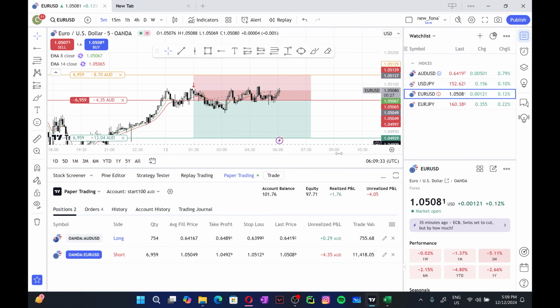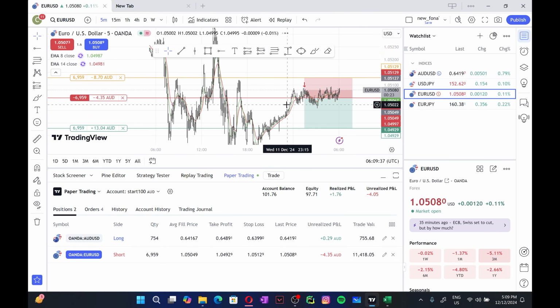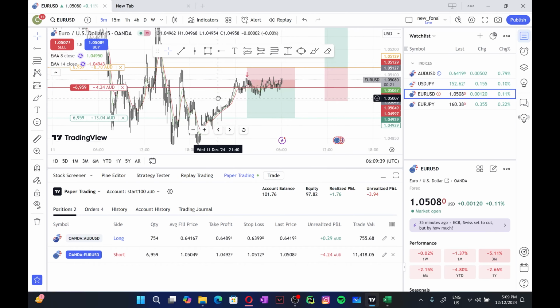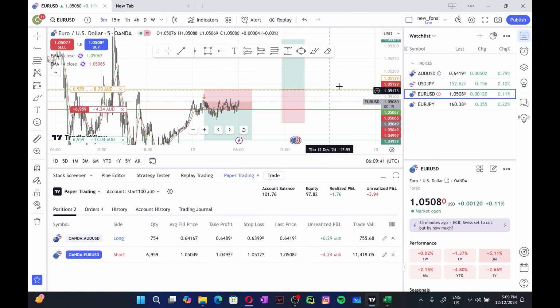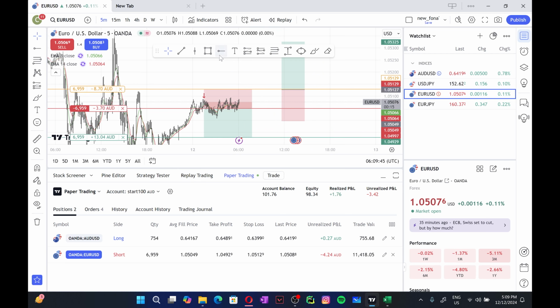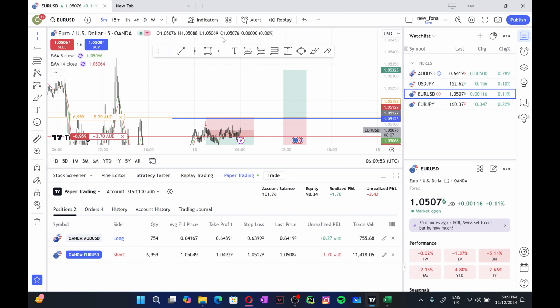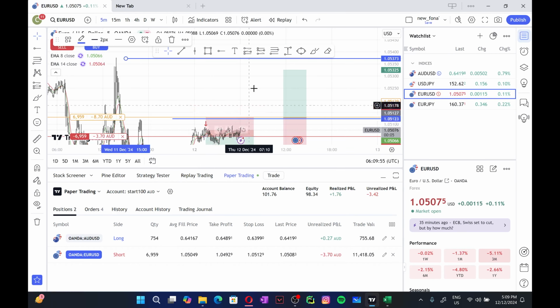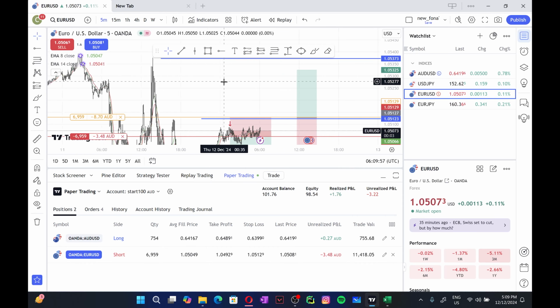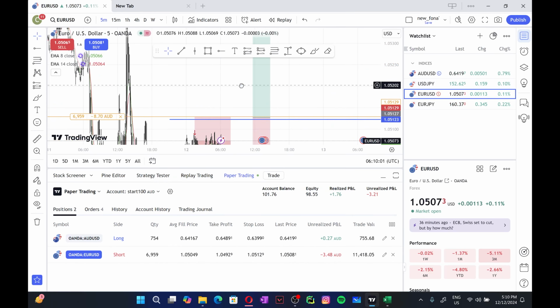Now, when it comes to this EUR/USD, what I believe is that the price is maybe going to go all the way up to that level. Maybe the price would go about to that level and it would again go down. That is a strong resistance level, or the price could go all the way up to this level as well. We don't know, but if it goes to that level and it keeps going up, we're going to wait for one more cycle.